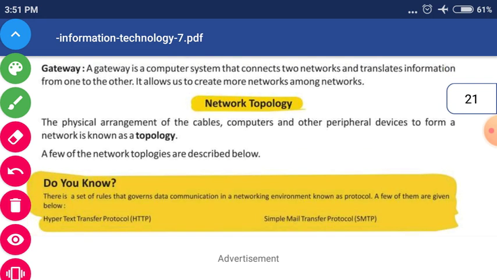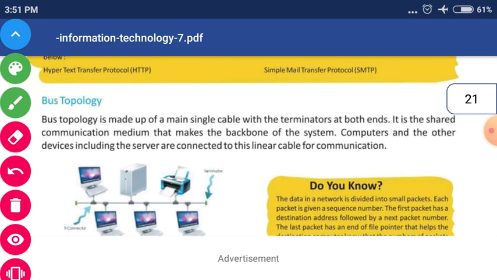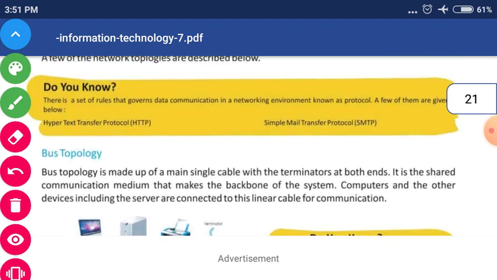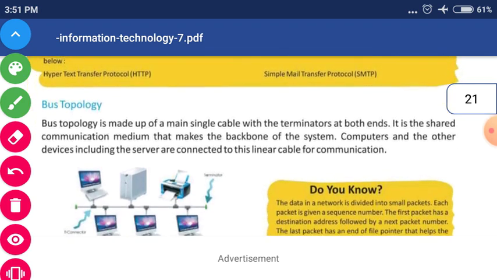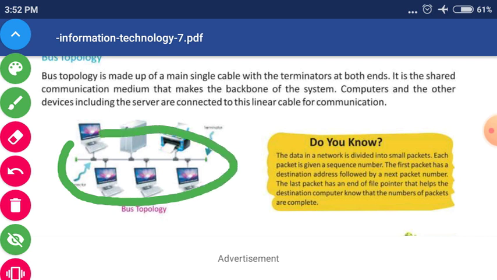Next one is network topology. What is network topology? The different kinds of hardware which we are going to use to form a network is called network topology. And the following types of network topology are here. The first one is bus topology. In the bus topology, you can easily see there is a single communication line that looks like a straight line, and from this line different types of computers, printers and hardware systems are connected.